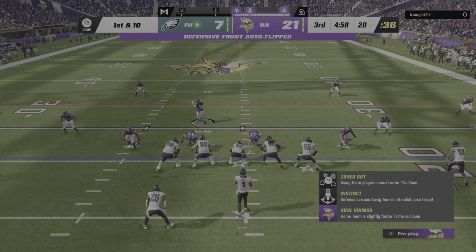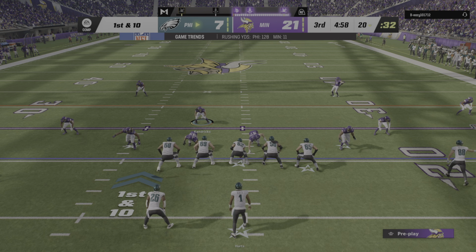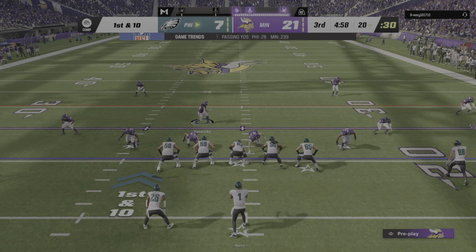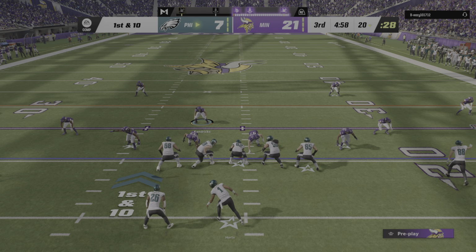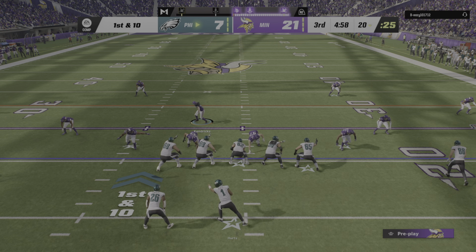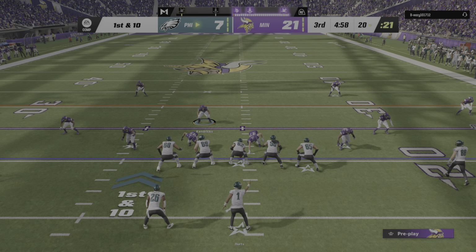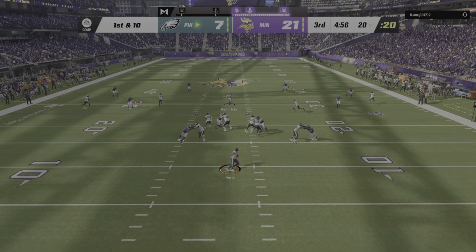The Eagles offense set to begin their next drive. By no means certainly are they out of this contest. Two-score game, start of the third quarter, but you feel like if they don't get points and then they give up points, then it can become a slippery slope. This feels like an important possession. Yeah, and that slope becomes even more slick if you come away empty-handed on this drive,